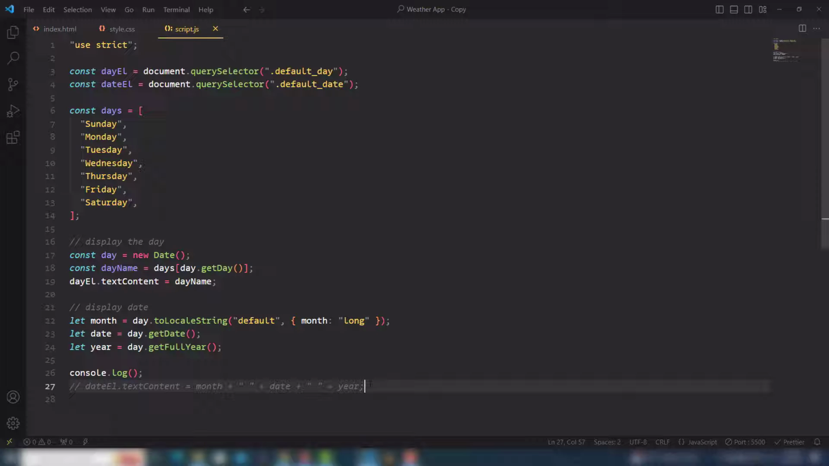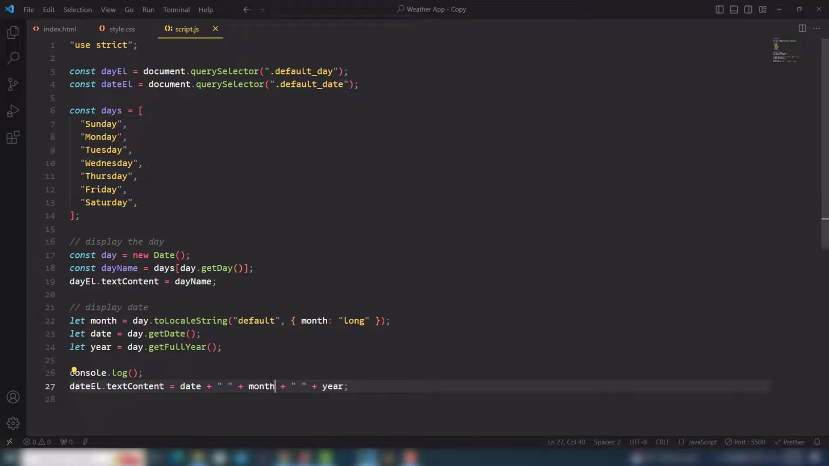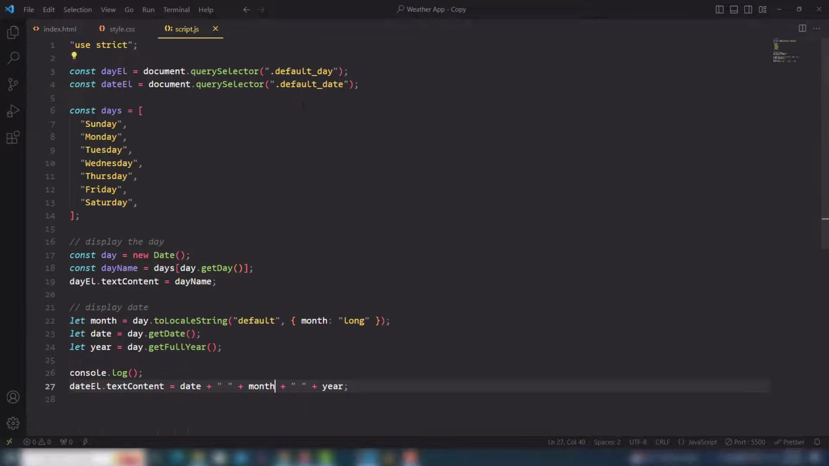Date, month. Okay, so I will use date on there and month on there. So yeah, it's perfect. So let's work on the API to display the current weather inside there. But before using the API, I'm gonna add the event when user will click on the button, right? So I need to get the button data,